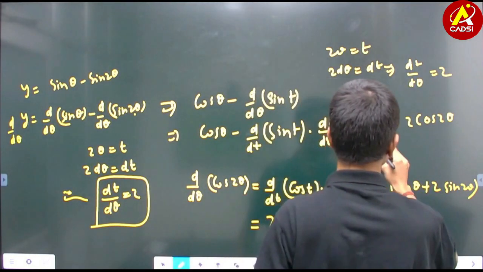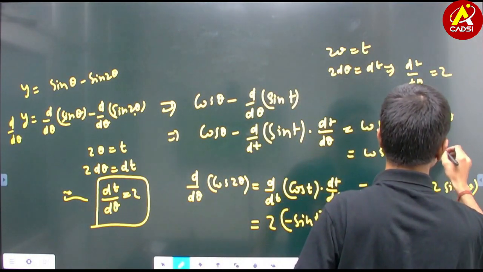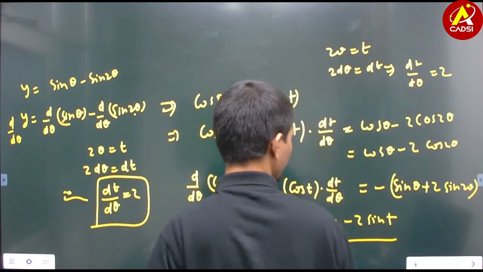So here we get cos theta minus 2 cos 2 theta. Okay,